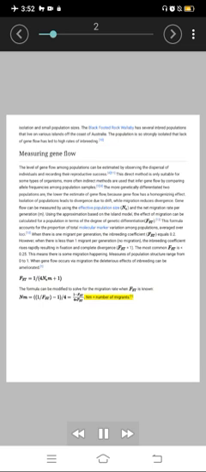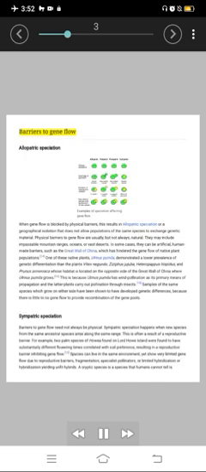Barriers to gene flow. Allopatric speciation. Gene flow is blocked by physical barriers. This results in allopatric speciation, or a geographical isolation that does not allow populations of the same species to exchange genetic material. Physical barriers to gene flow are usually, but not always, natural. They may include impassable mountain ranges, oceans, or vast deserts. In some cases, they can be artificial, human-made barriers, such as the Great Wall of China, which has hindered the gene flow of native plant populations.